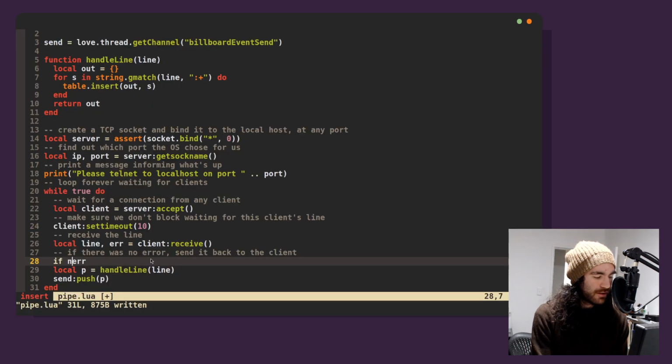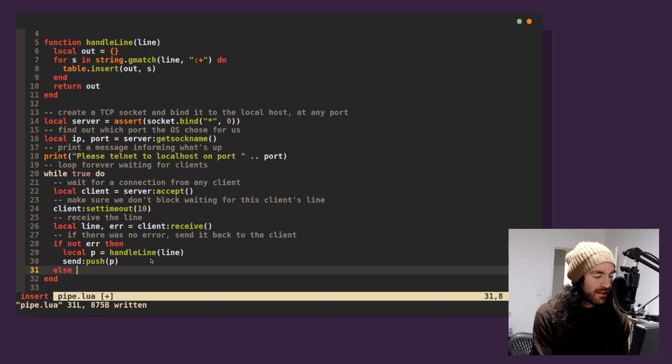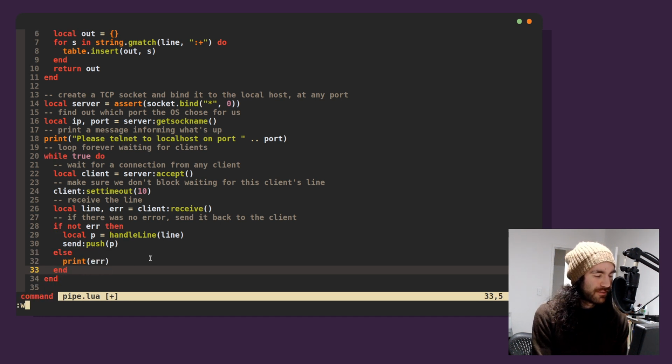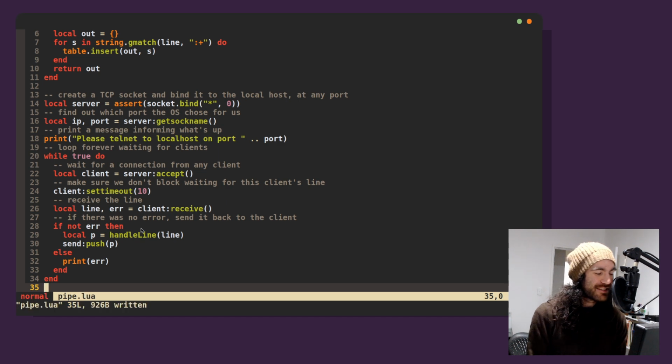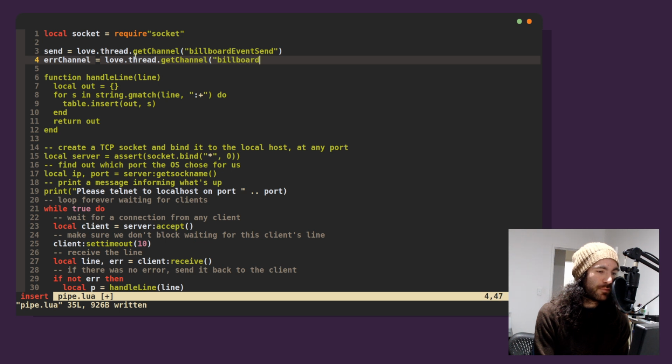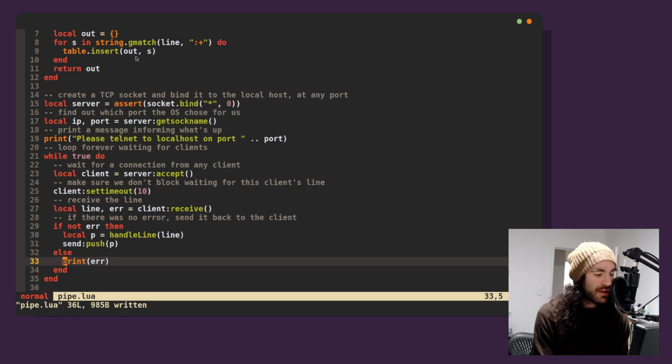If not error. Yeah, so if there's no error, then handle and push this line. Otherwise, I guess we'll print. That kind of works, right? So this is going to run forever, and that's good. Maybe we actually need a second channel, right? We'll call it billboard event error, right? So when there's an error, we'll say